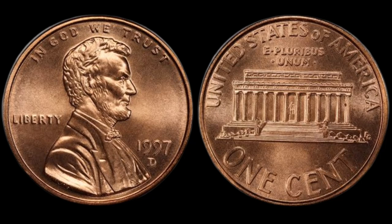And this unexpected alloy change created a visible difference in the coin's appearance, as the color was slightly off from a normal 1997 D cent, with a subtle golden hue and a reflective quality that immediately caught the attention of the coin collector, who discovered it years later in a batch of unsearched penny rolls obtained from a long-forgotten estate sale. And upon closer inspection under magnification, what initially seemed like a slightly unusual coin revealed a cascade of minting